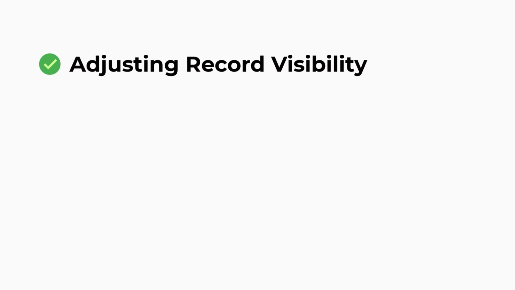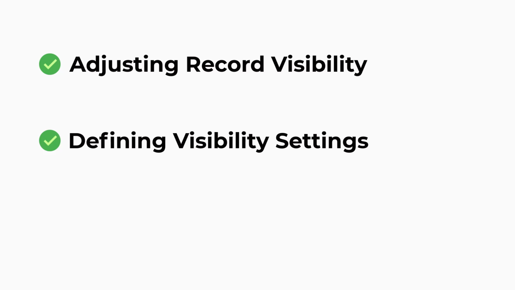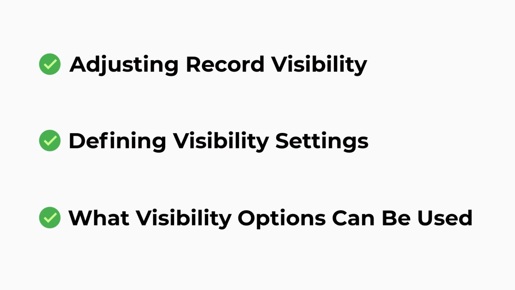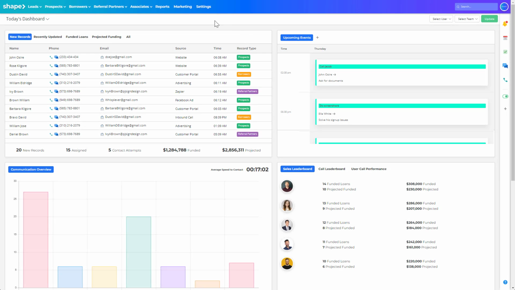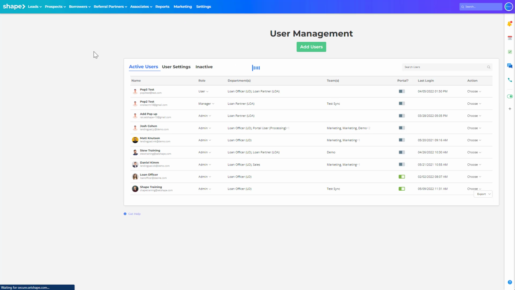In this video, we'll be covering adjusting record visibility for your user roles in Shape, defining how users in your system are able to view records, and visibility options that are available for each role. Start by clicking Settings in the top gradient navigation bar, and you will find Record Visibility by Role under the